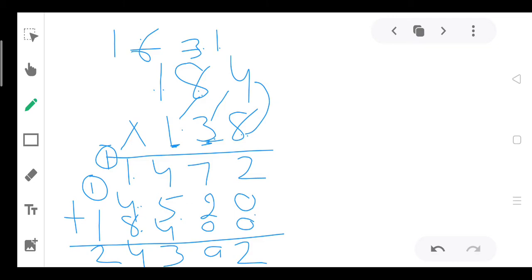See, one mistake we have made here. 1 4s are 4, 3 4s are 12 here, 3 8s are 24, 1 is 25, 2 was a carry, 3 1s are 3 and 2 is 5. Here 2 was a carry, so it becomes 5 here, 5. So yeah, and here also it becomes 15. 8 plus 5 is 13, 14, 1 was a carry.